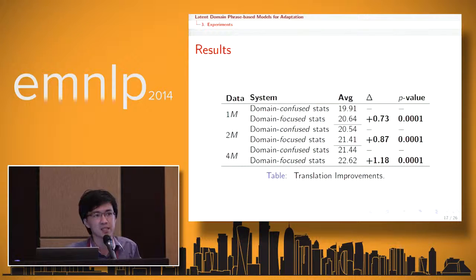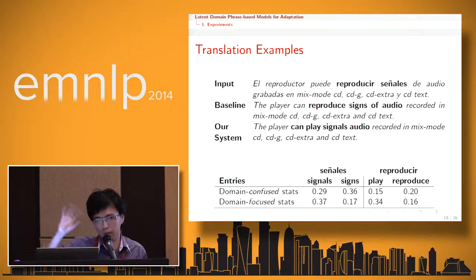But in the end, the numbers are just numbers. So where does the improvement come from? We can take an example here when we translate a Spanish input, and the baseline translates something quite weird. But when we use the domain-focused statistic to replace the domain-confused statistic, it translates something more reasonable. And when we look at the detail of the phrase table to see what happens,